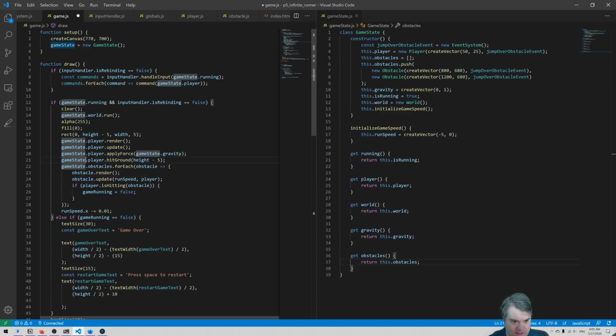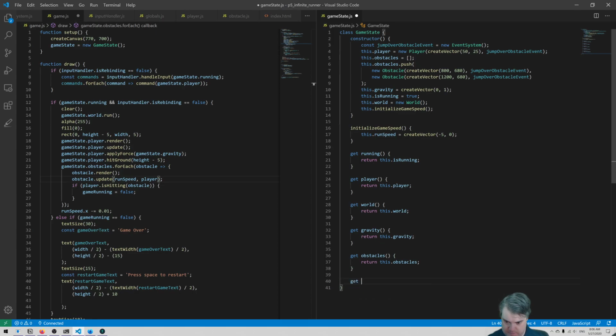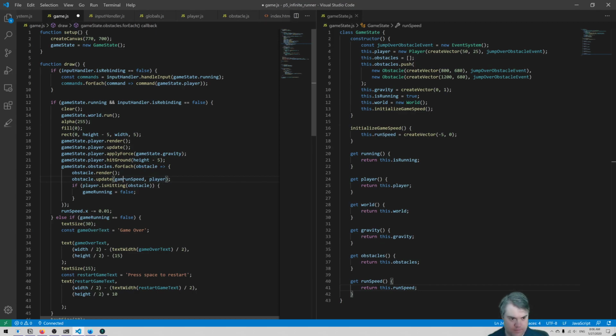We call its update method, and then we have our run speed, which is off of game state. And we don't have a lens for that yet. And GameState.player. So if